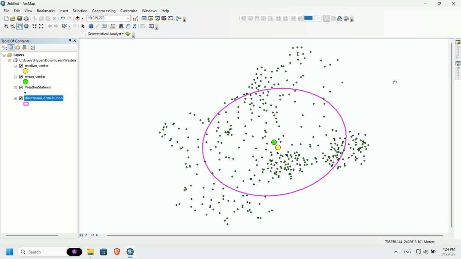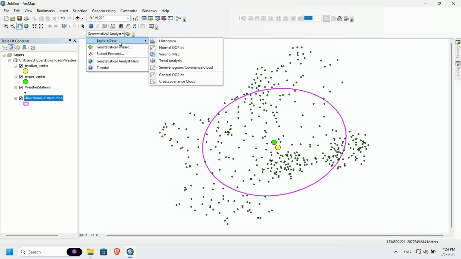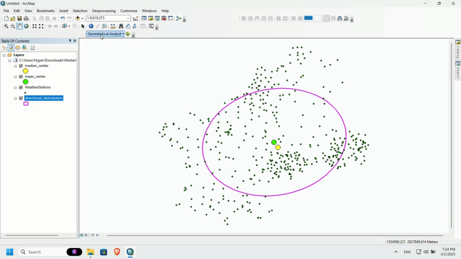What's next? What if we want to analyze the data and find out the outliers? For that we have the Geostatistical Analyst tool, and in this we can explore the data. But in your ArcGIS you might not see this tool at first. So what do we need to do first? At first go to